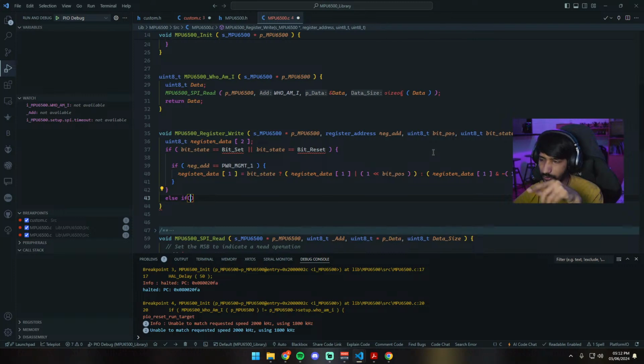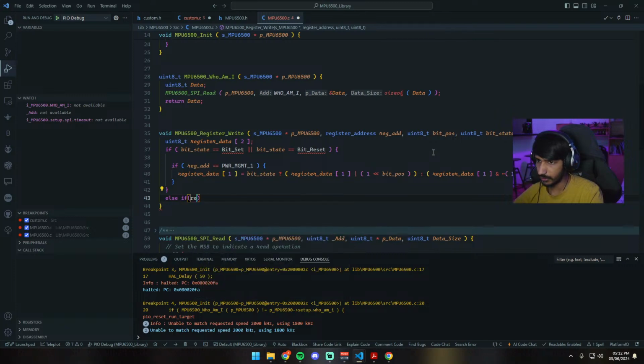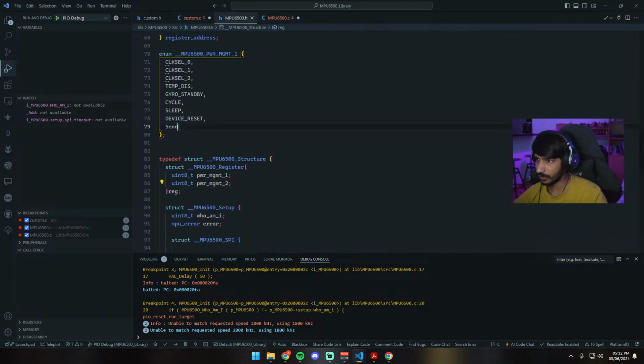Set to reset, then it will go inside this to power management. Okay. Wait, register address equals to the eighth